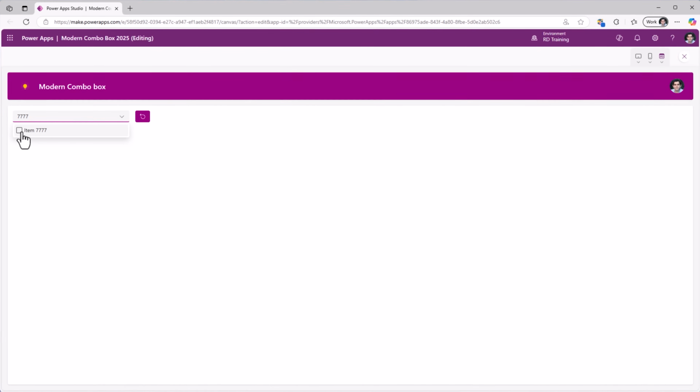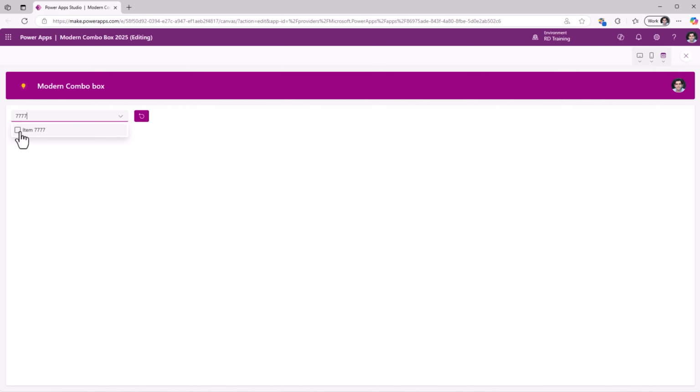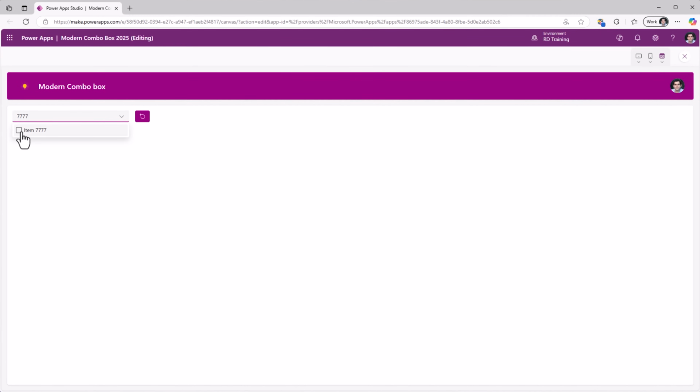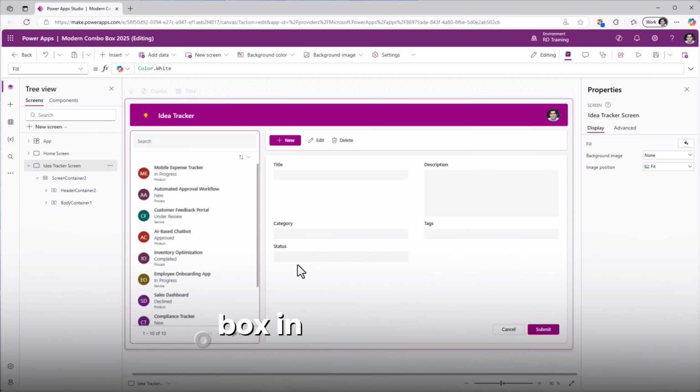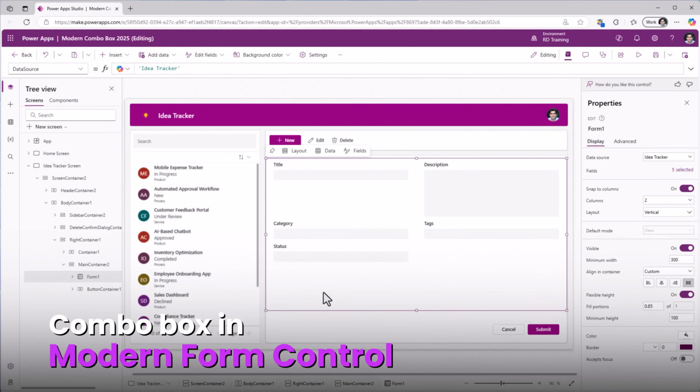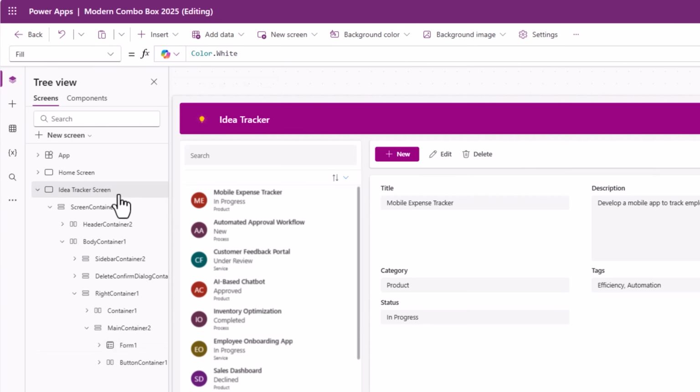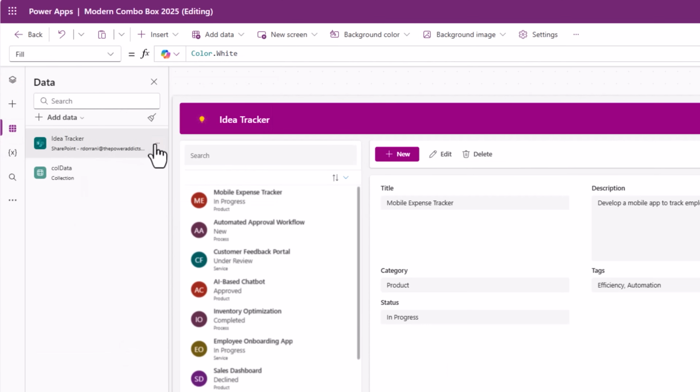Even though the number of items that the combo box loads is maximum up to 800, in this case, I'm using the PowerApps function to dynamically search for large data. There is the concept of delegation here if you're querying a data source. Now, if I select this item, that item is set in my combo box. The modern form control experience, which is also generally available. The data source that I have selected in this case is a SharePoint list,